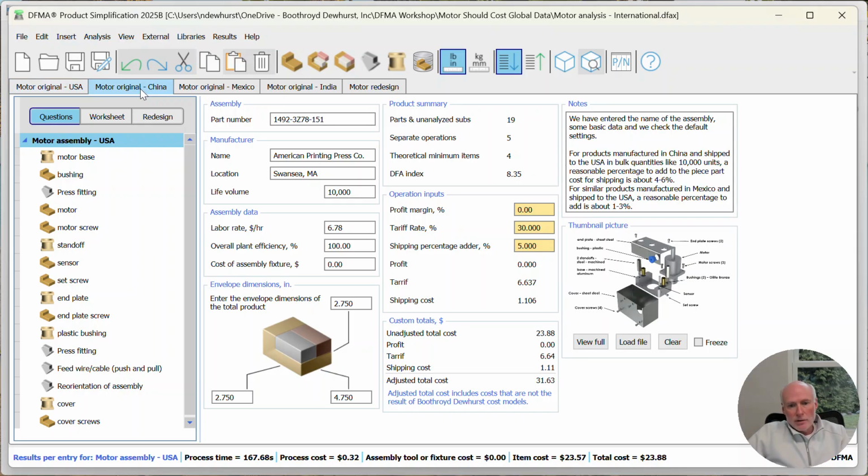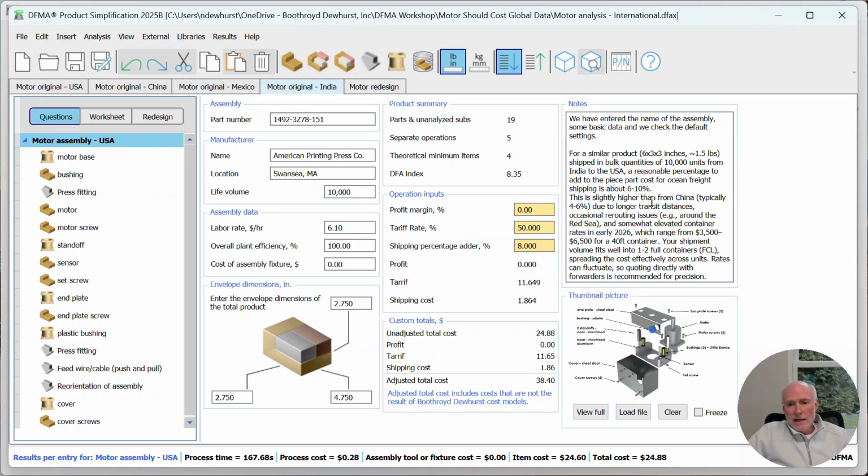And so here for China, you can see we've got a 30% tariff. I did some AI research around what typical shipping cost adders would be in percentage terms for products like this one. I gave it a weight and a size, and it gave me some reasonable numbers. So I picked a number in the middle. 5% cost adder for shipping from China, 2% cost adder for shipping from Mexico, and then there's some discussion in here about how shipping routes from India are a little bit more complex. And so we're at about an 8% shipping adder and a 50% tariff for shipping